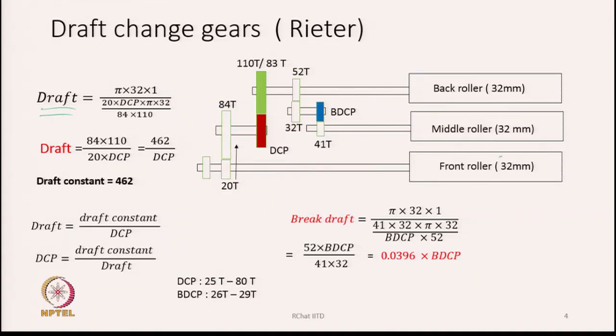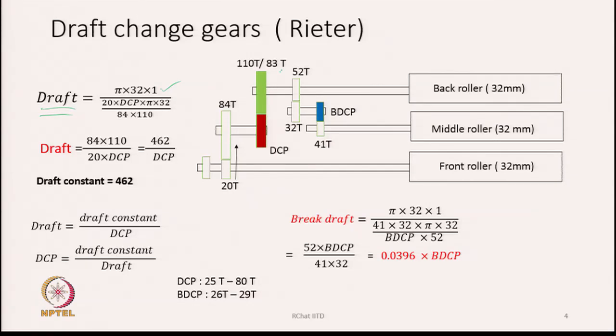Therefore, if the front roller turns by 1 revolution, the length of roving delivered is pi into 32 into 1. And for 1 revolution of the front roller, the corresponding revolution of the back roller is going to be 1 into 20 by 84, then the DCP, whatever teeth will be coming, this particular gear has been shown to be a DCP, that is draft change pinion or draft change gear,